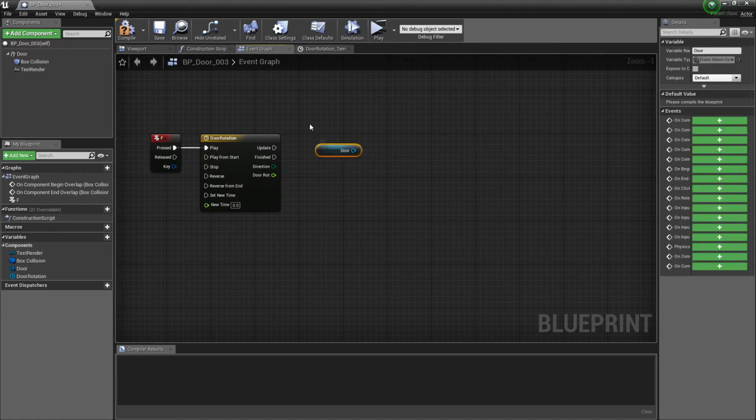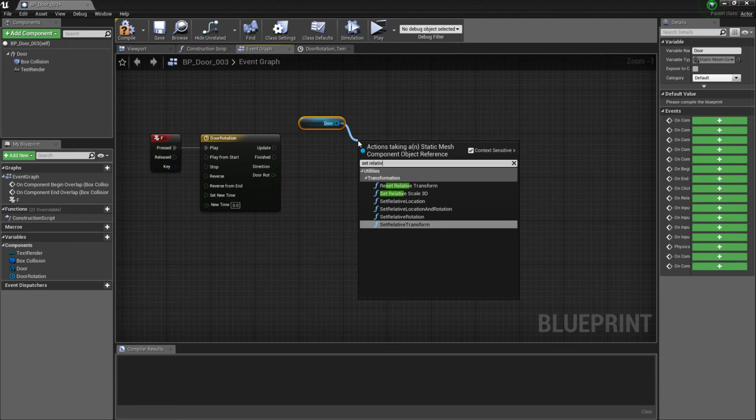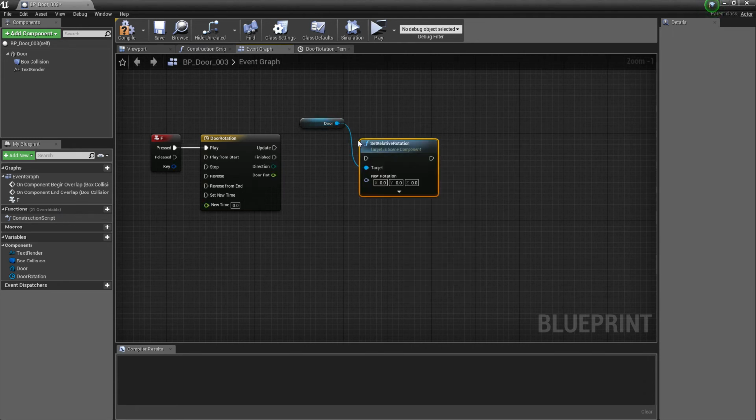Drag the door from the components and select Get Door. Drag from it and search for Set Relative Rotation. Connect these two pins.